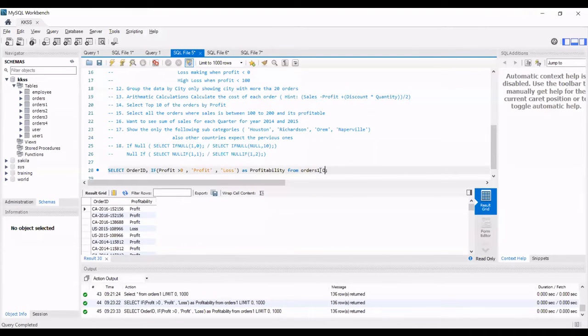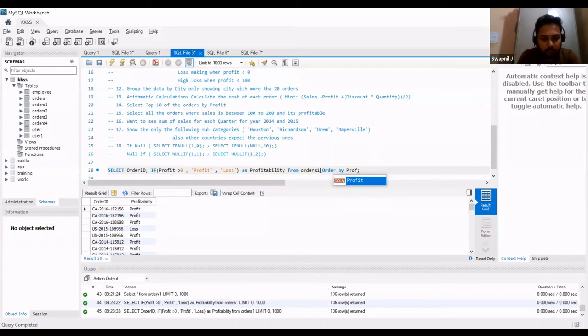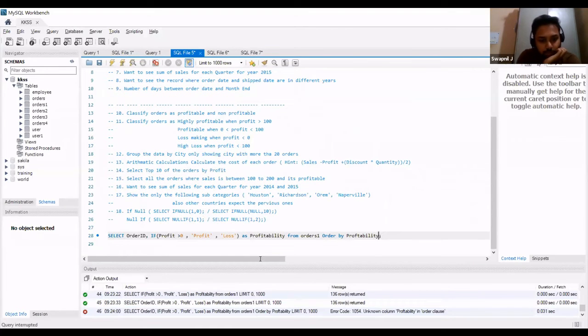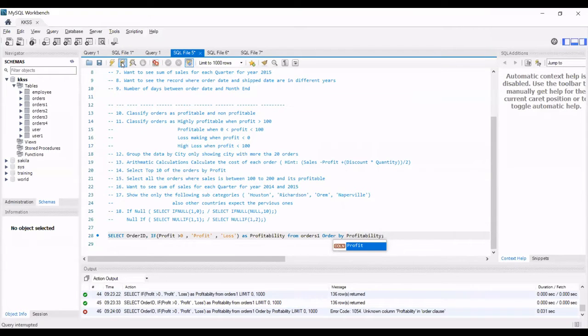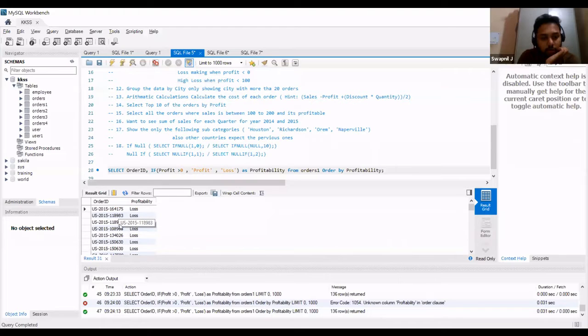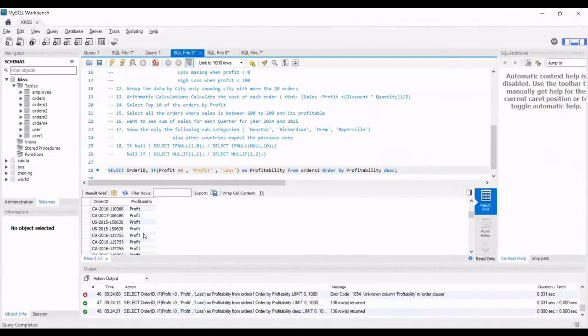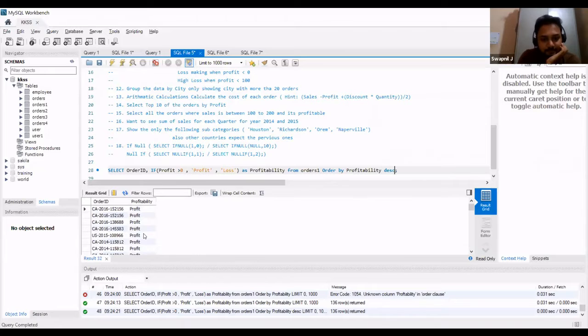Yeah, you can just do an order by profitability. Okay, so it's loss first, and if you want to see profit first, just arrange in descending order. Okay, got it. So all the profits are at the top and the losses at the bottom.